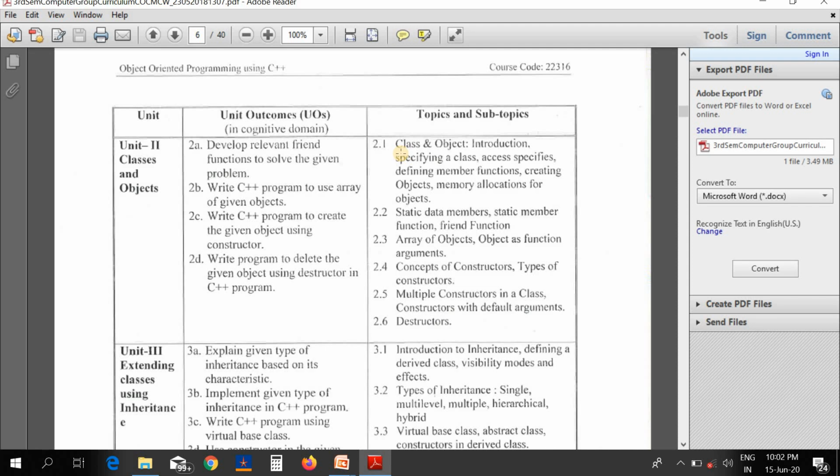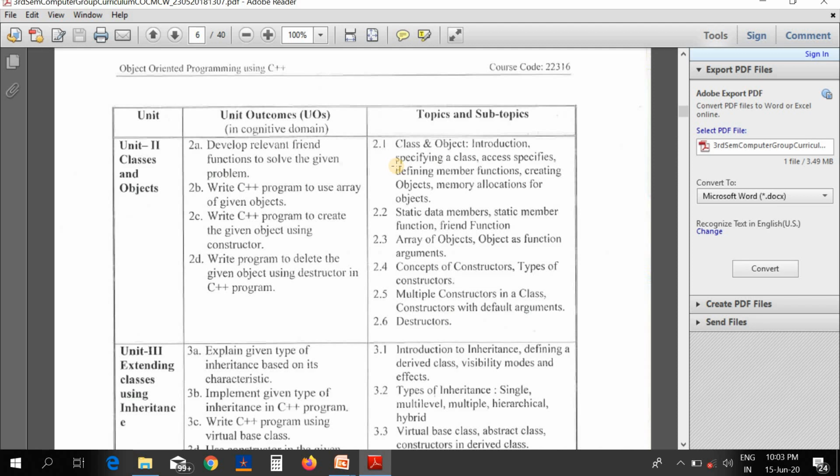Consider the example of a fruit. If you consider fruit as a class, then the fruit class contains a number of objects, meaning all types of fruits are together in the fruit class. The objects of that particular fruit class are banana, mango, apple. These are the different objects, meaning instances of that particular fruit class.